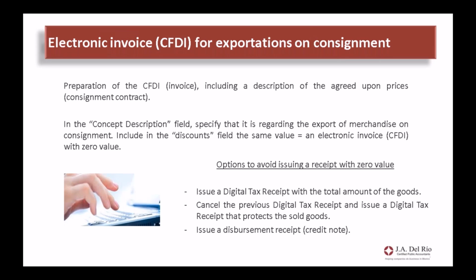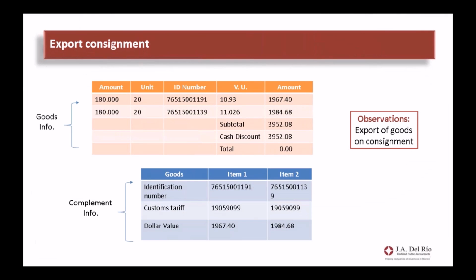The following slides show an example or describe first what would happen if you're going to make an exportation of some merchandise that will be on consignment, meaning that you have not sold it yet. It will be in consignment abroad. In that case, if we go to the next slide, we can see how we should issue that electronic invoice